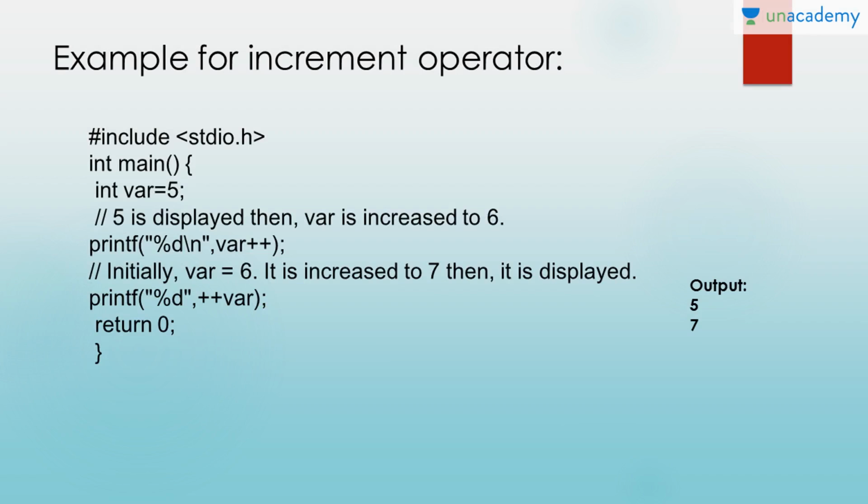Let us understand through an example. We will see first the increment operator. See, the variable is initialized to 5 here. We are doing a postfix operation here, variable plus plus. So 5 is displayed as it is first, then it is incremented by 1, obtaining the value 6. Now the variable is equal to 6. In the prefix operation, next, first the variable, which is 6, is incremented by 1, thus increasing it to 7. Then the value of the variable, which is equal to 7, is displayed. So our output will be 5 and 7.